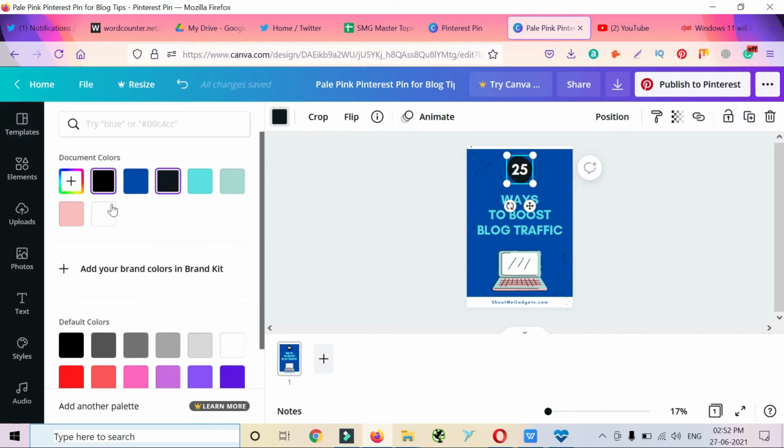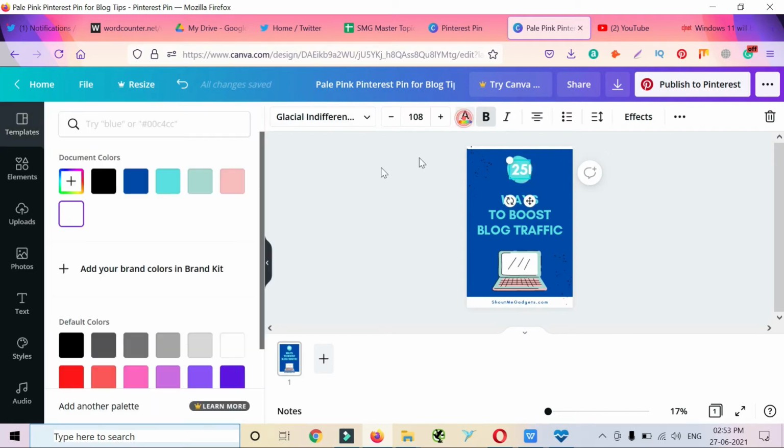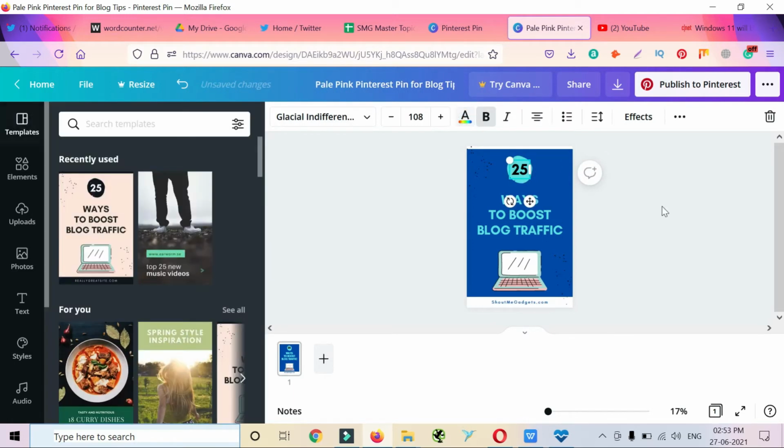Just click on it and select the color. I want to change the font color of this 25. I think this looks pretty good as per my design guidelines.